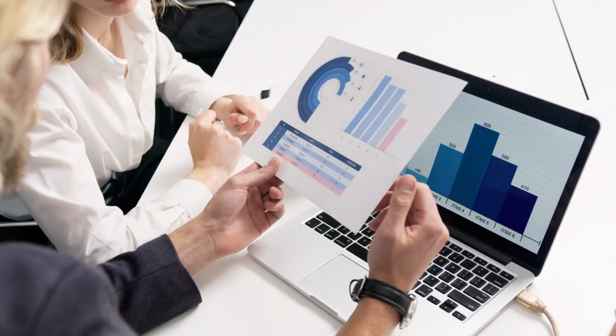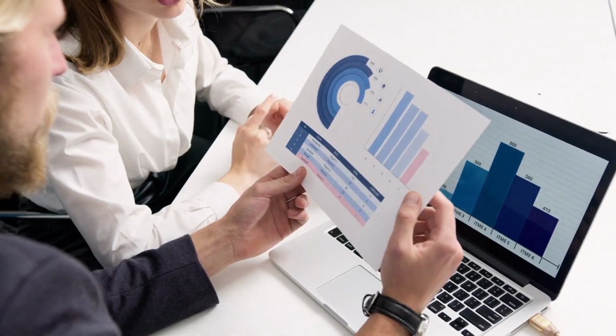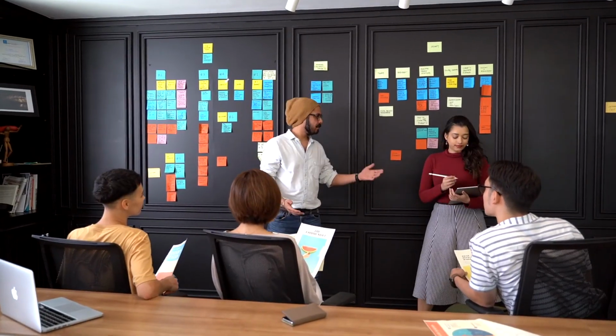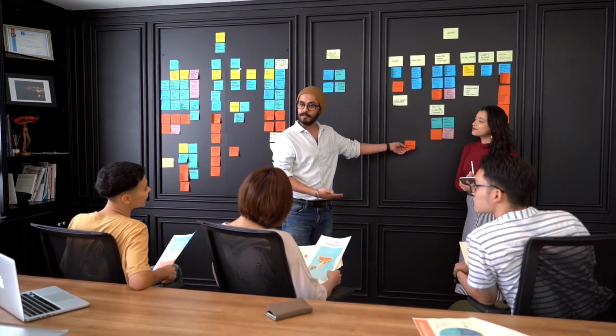Determining the current level of errors in an organization is a critical step in implementing error reduction strategies as part of operational excellence initiatives. This involves conducting a thorough analysis to identify and quantify the types and frequencies of errors that occur in the organization. This can be achieved by gathering data on the number of defects, failures, or mistakes made